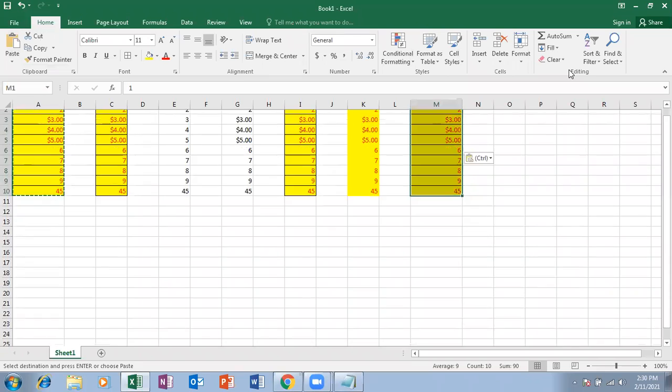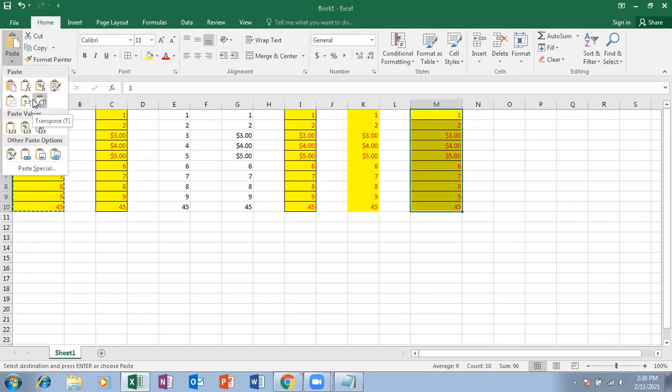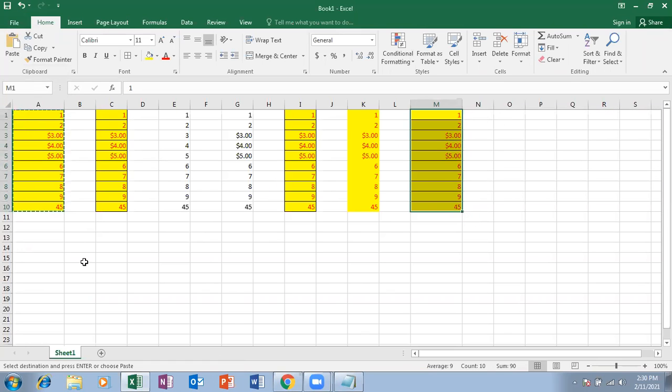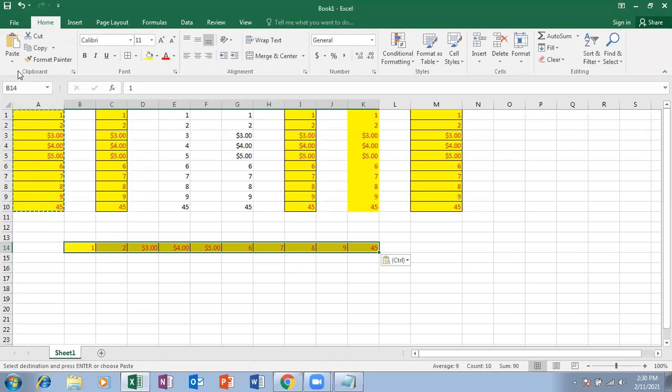Is that clear for everyone? Is that clear until here? And the next one is very important. That is nothing but called transpose. Let me click here, paste transpose, this particular option.